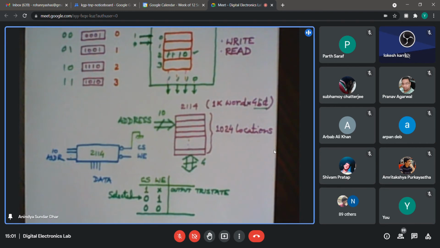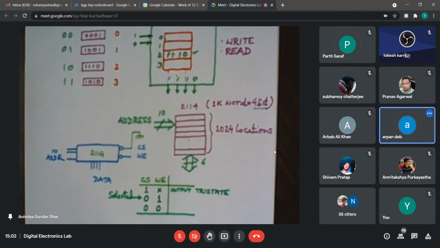So at a particular time, I would like to make only one chip active, whose data I would like to access, and I keep the other chips inactive. So with chip select I select only one chip, and in this case it is active low. If I make it low, that particular chip will be selected, and the other chips will remain unselected.